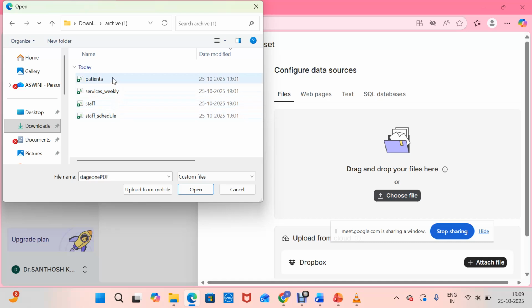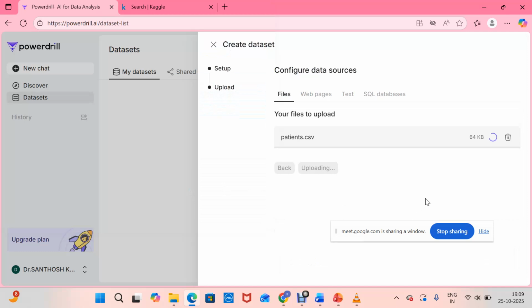I have many things here. I'm taking only the patient's details.